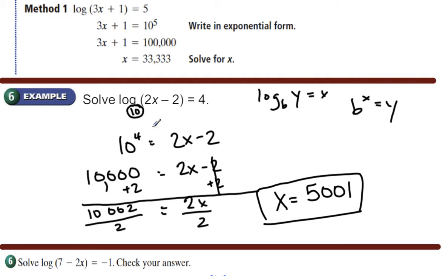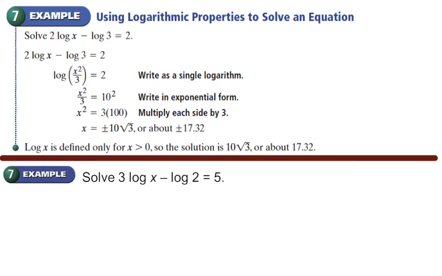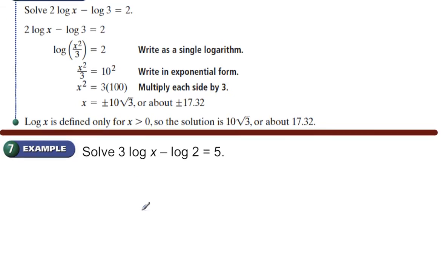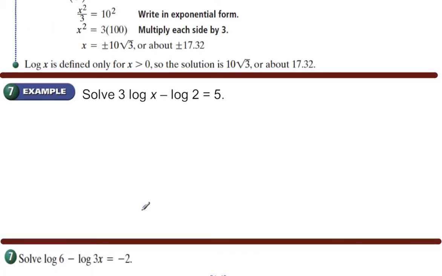Okay, the last example that we have, example 7, using logarithmic properties to solve an equation. Okay, so now we're doing more than just rewriting them. We're doing more than just identifying these properties. We're actually going to use them, all right? And these were introduced in 8.4, right? So, okay, looking down here at the one for the notes, we have solve 3 log x minus log 2